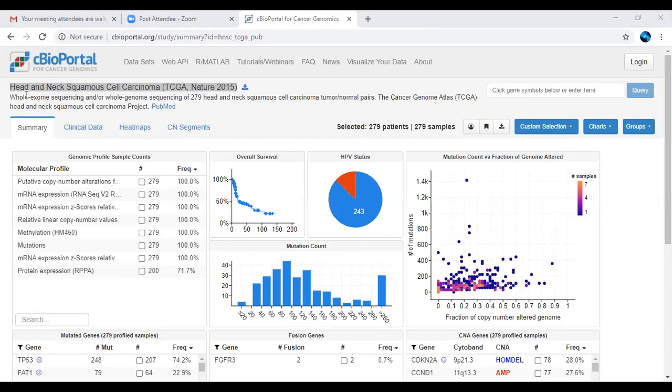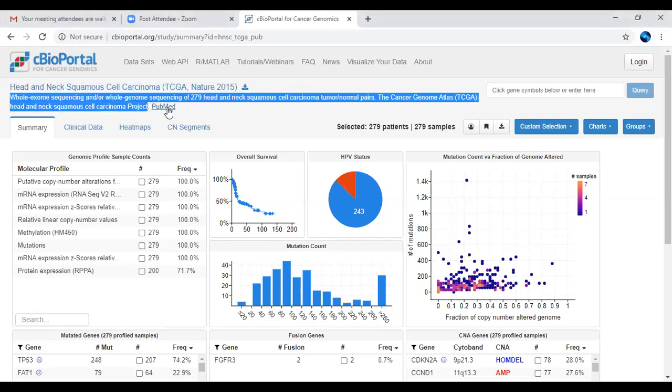So here you can see head and neck information. If you want to download the data directly with respect to this particular search, you can directly download. You can see the option showing download all clinical and genomic data for this study. Only this particular study, with clinical and genomic data for 279 patients, will be downloaded from this link. This is the title of the work, and this is the link for the PubMed literature data.